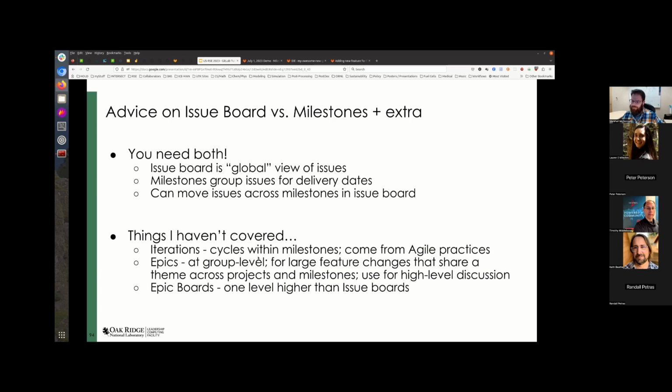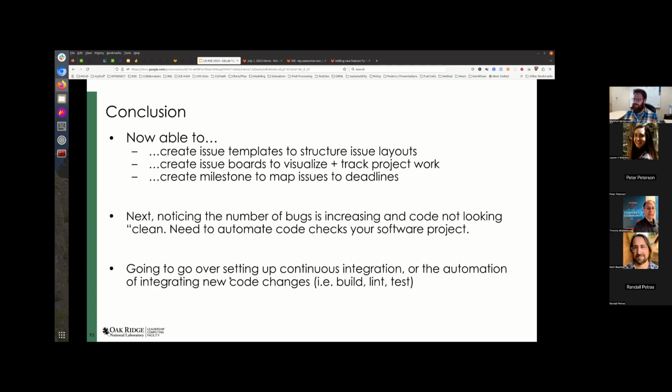Things I haven't covered are a bunch of different features in the premium version, but you don't really need them. Honestly, unless you have a huge project, you don't need to pay for those extra features off the bat. So I think we've talked about the conclusions. Now